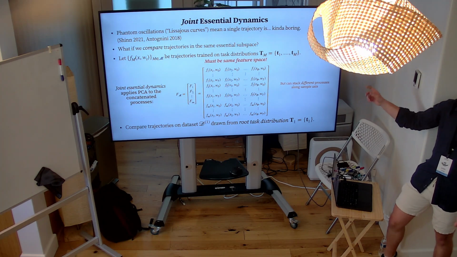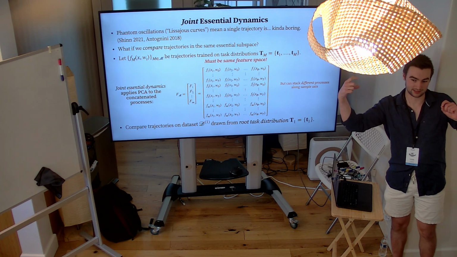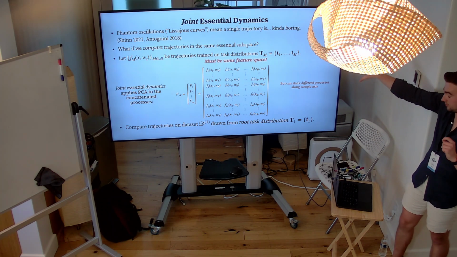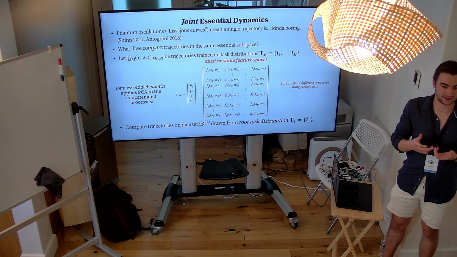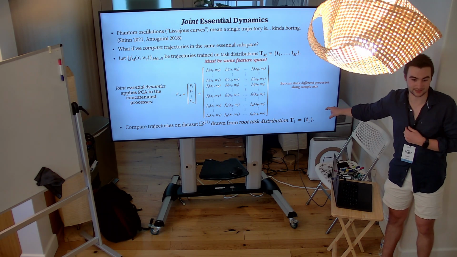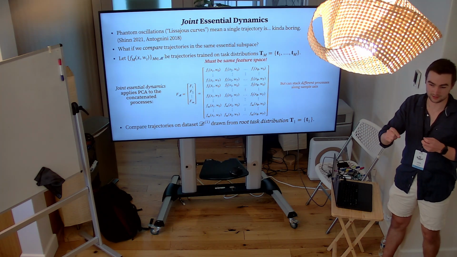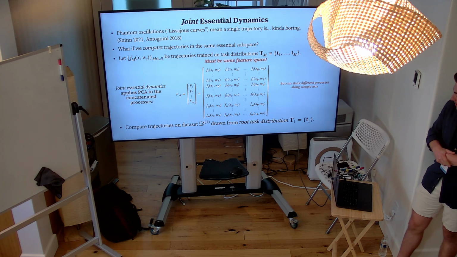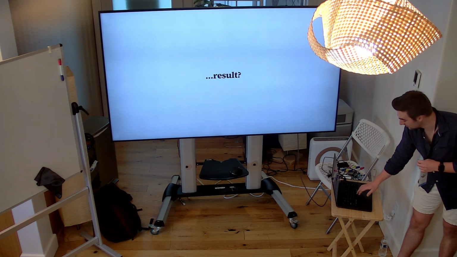So in the work, if you think back to what I was saying about the task distributions, we stack these task distributions, right? They become larger for each training distribution. And so, what is the natural data set that we could compare trajectories on? The single task data set, because that task is included in all of these model training distributions. And so that is exactly what we do. And the result,